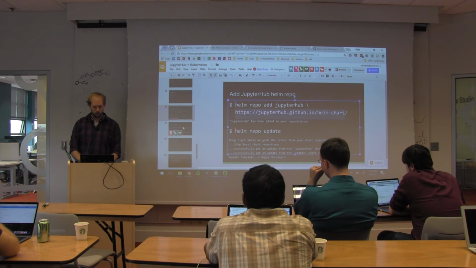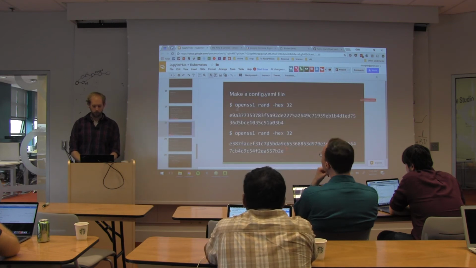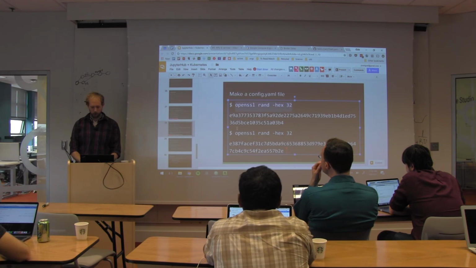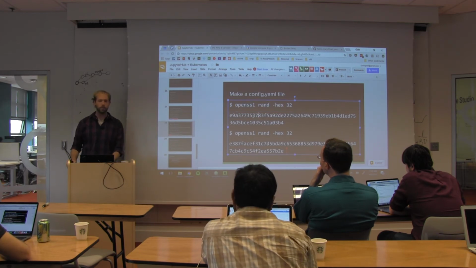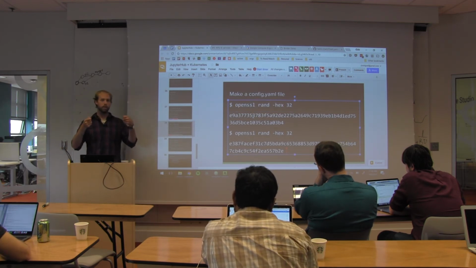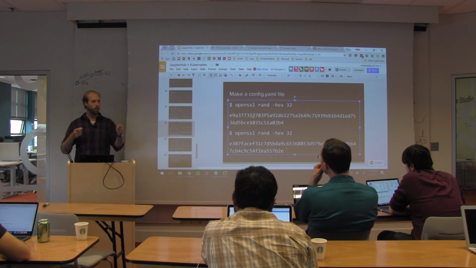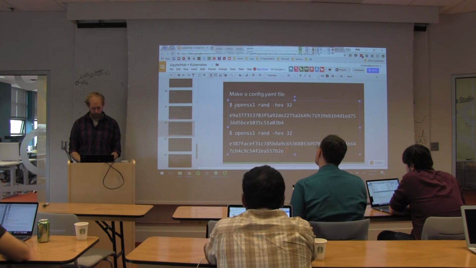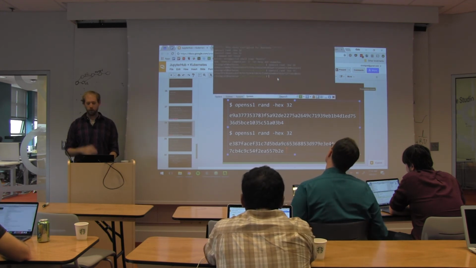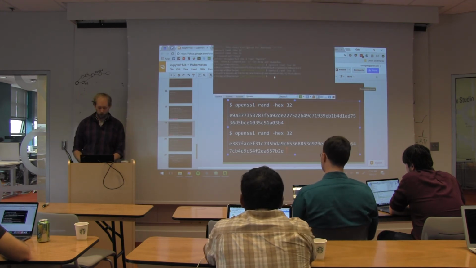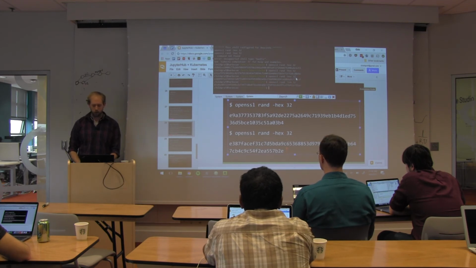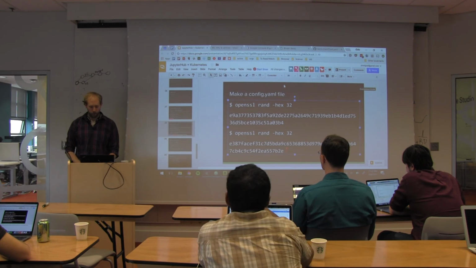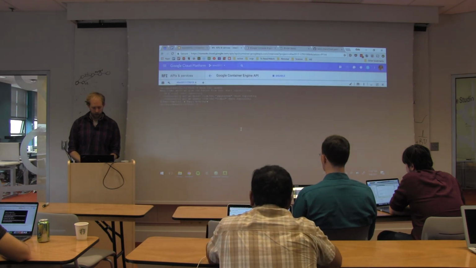Now the only thing that you need to manually do is create 2 SSL keys. Basically, this is just how your Jupyterhub can validate things. It sends these tokens along in order to make sure that things are relatively secure in what it's doing. So you can either in the Google terminal or just on your own computer run this command, openssl rand -hex 32, 2 times. And then what we're going to do is inside of our